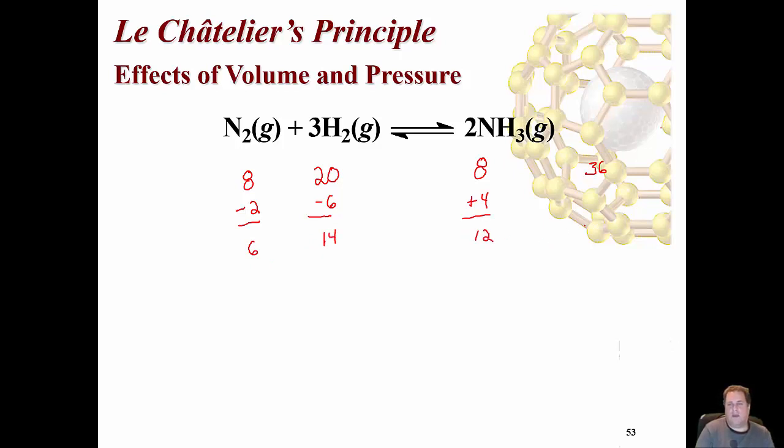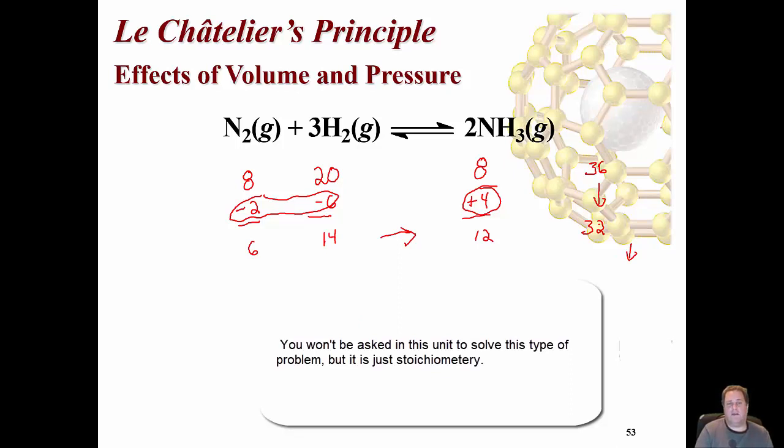And so we do the math here. We see that, yes, as the reaction proceeds to the right, because we're consuming reactants and making product, the number of moles of gas is going to go down. Therefore, the pressure is going to go down. And these are just example numbers. We're not going to solve this mathematically. Just wanted to show how